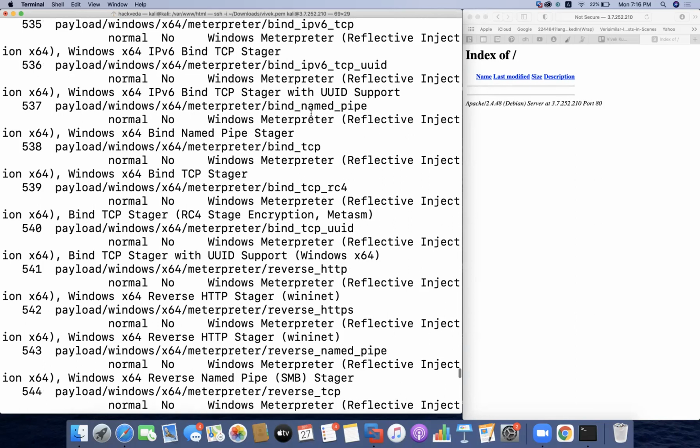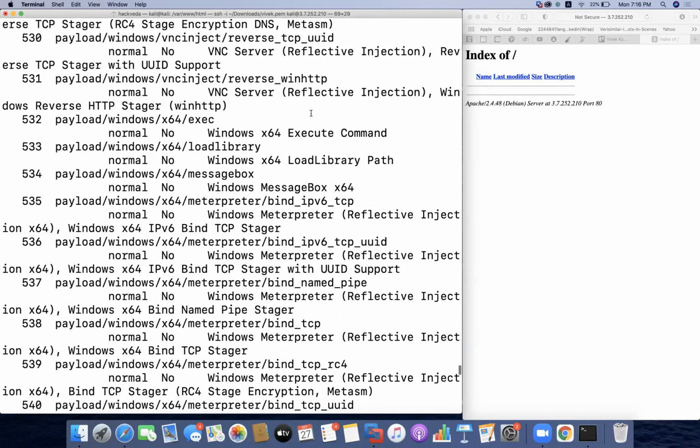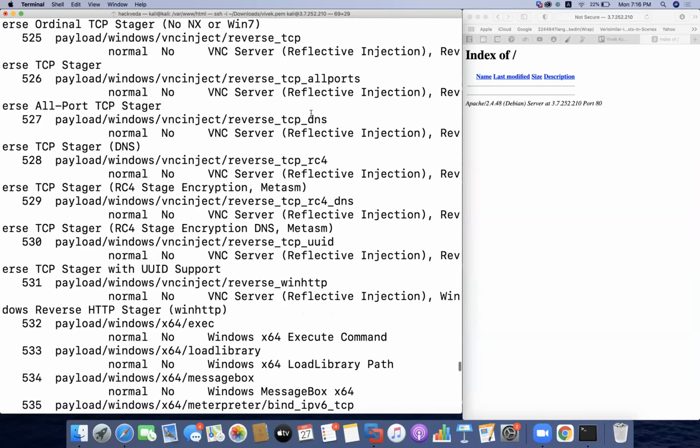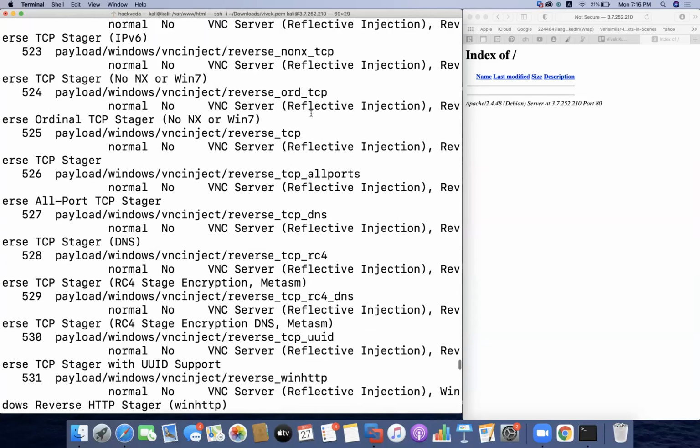I do need to check whether there might be any new changes within these payloads depending on the kind of exploit we are trying to do. So I'm just going to walk through what is available. There are so many with reflective injections.